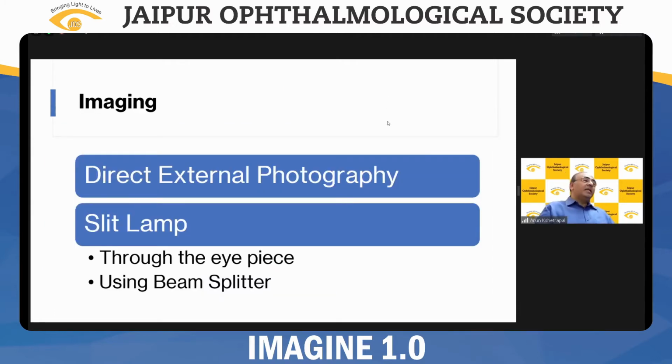So imaging can be a direct external photography, or it can be a slit lamp photography. For the slit lamp, you can either use the eyepieces or the oculars of the slit lamp, or you can use a beam splitter fitted onto the slit lamp. I'll come to them one by one.